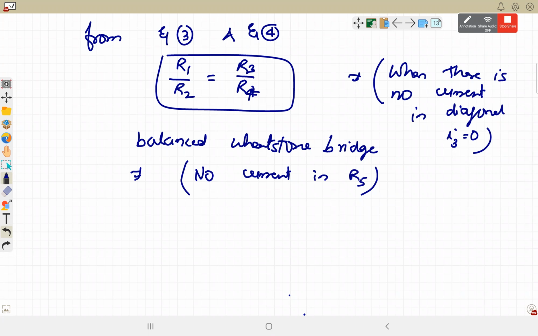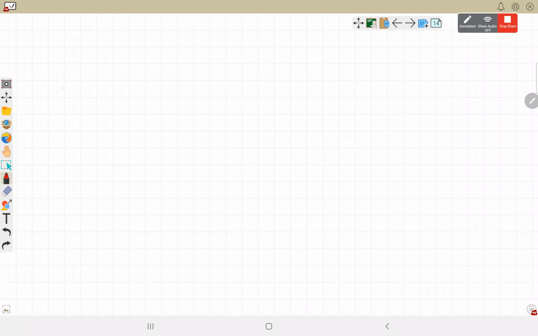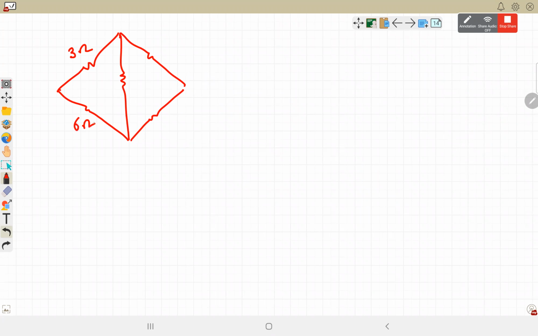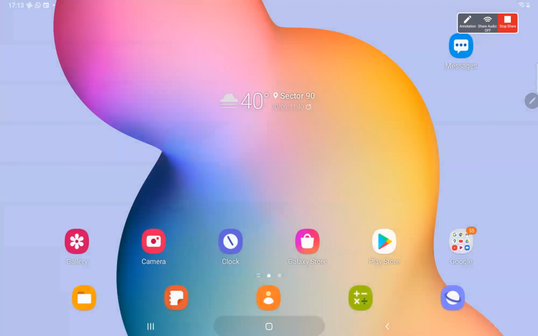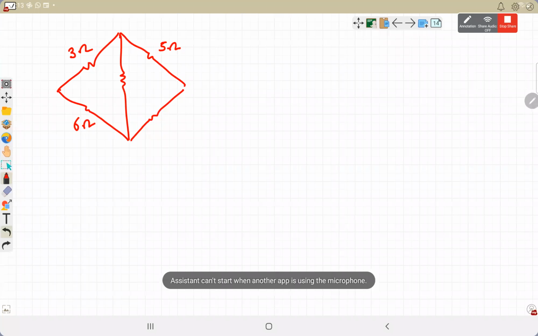So we have proved the condition of Wheatstone bridge, and based on the Wheatstone bridge, there are exactly similar circuits, like in the cases of capacitors. First type of Wheatstone bridge will be this, the standard Wheatstone bridge. But you have to look for the battery. Battery is also connected in the same, so like 3 and 6, 5 and 10. In this case, the resistance ratio on both sides is equal. So this 2 ohm will be.